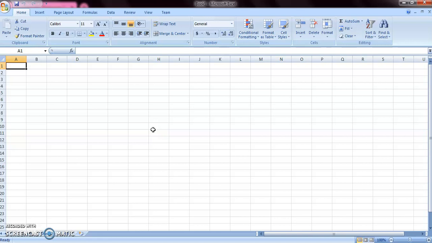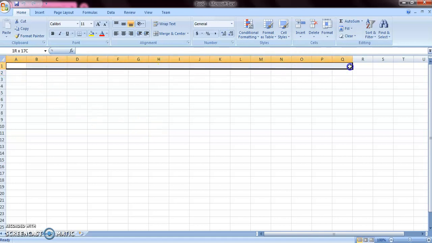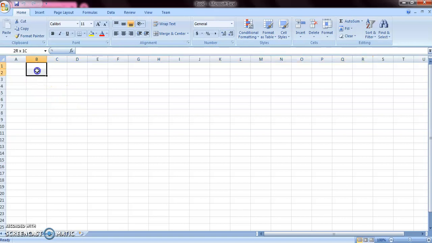Now, each worksheet is divided into rows, columns and cells. So, which are the rows? The rows are these horizontal parts of your workbook. So, rows run horizontally, and which one are the columns? The columns are this one. So, columns run vertically.